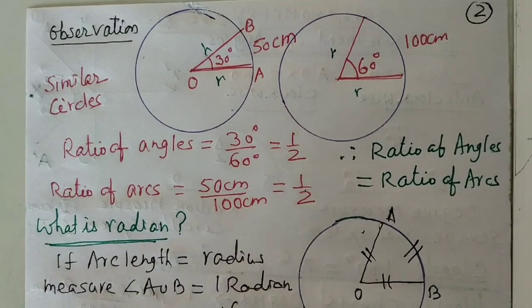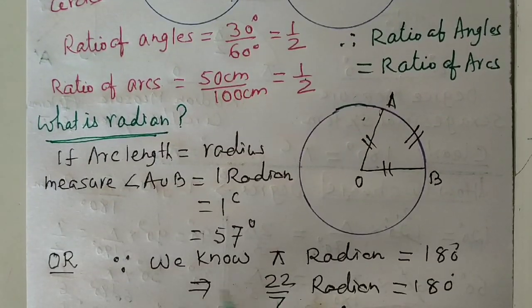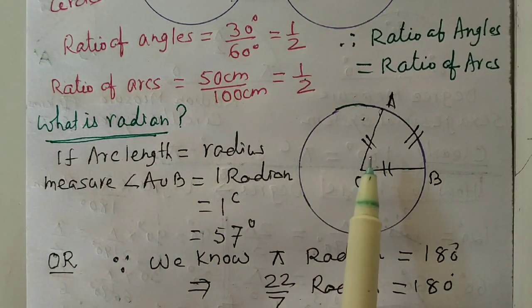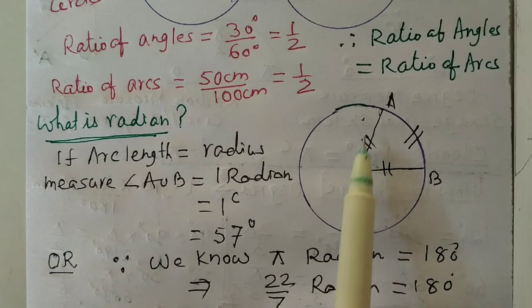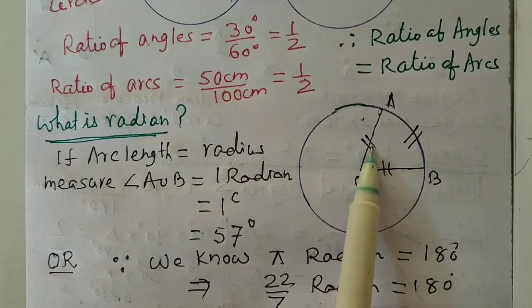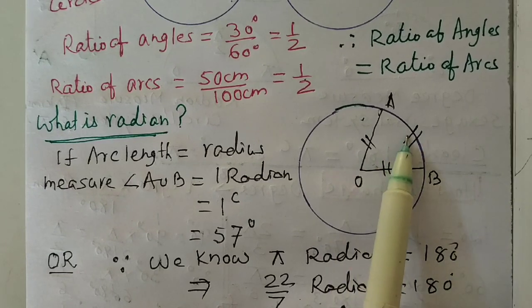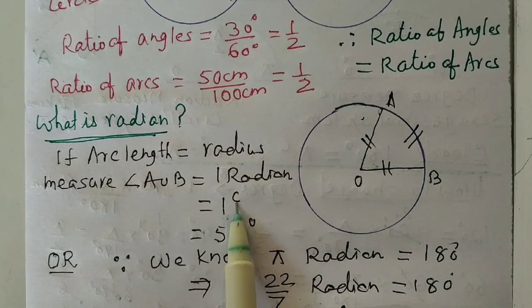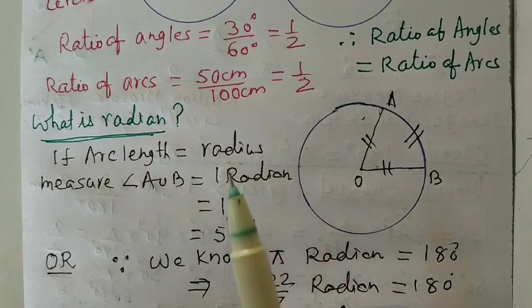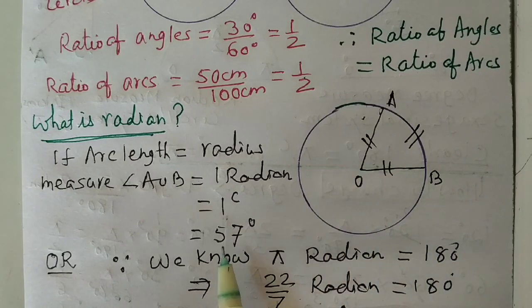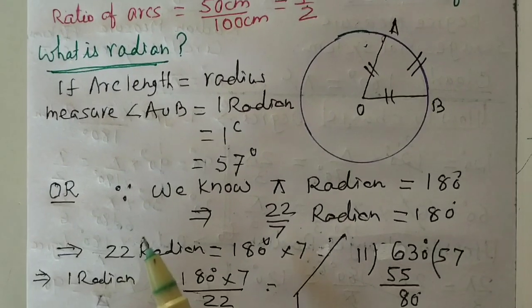Now what is a radian? This is very popular. In this figure, the central angle is called 1 radian. Angle AOB is 1 radian. If all the three lengths are the same, that is, the radius is equal to the arc length, then the central angle is 1 radian, or 1c. You can write it in the style 1c. When this is measured with a degree protractor, it will come to approximately 57 degrees. But how? Now just see.